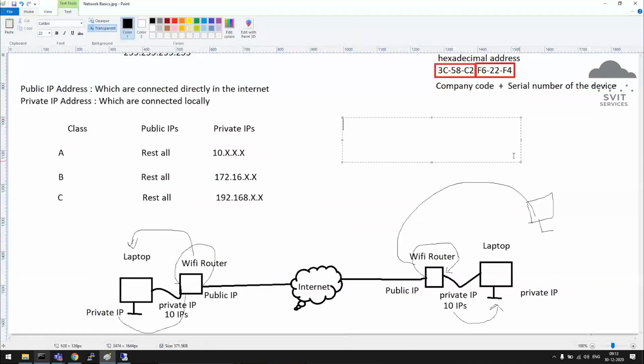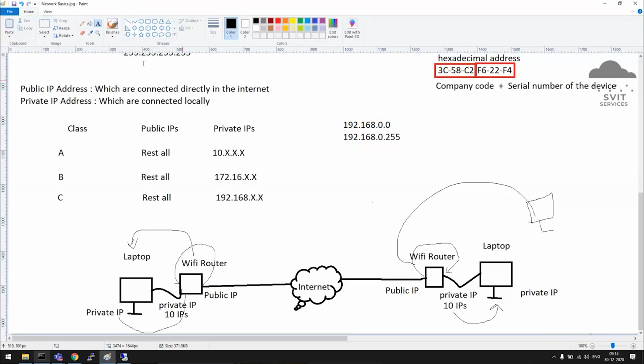Now let's say we are taking an IP address from class C, 192.168. In this, the very first address is this one and the very last address is this one. That means 255 devices can communicate together.